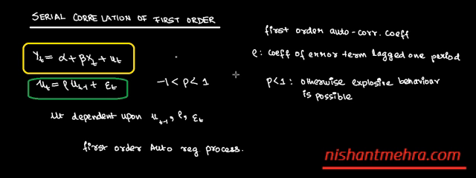So what you can find out is that the error term is dependent upon ut minus 1, it is dependent upon rho, and it is also dependent upon epsilon t. We will have to make some assumptions over epsilon t, that's called the white noise term. We'll talk about it later. But in general, it is dependent upon, in the first order autoregressive process,